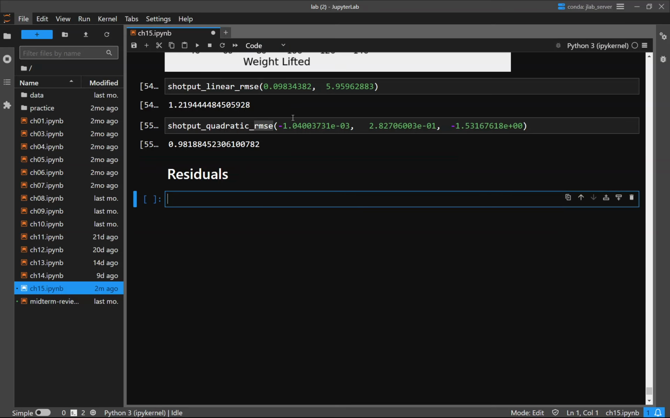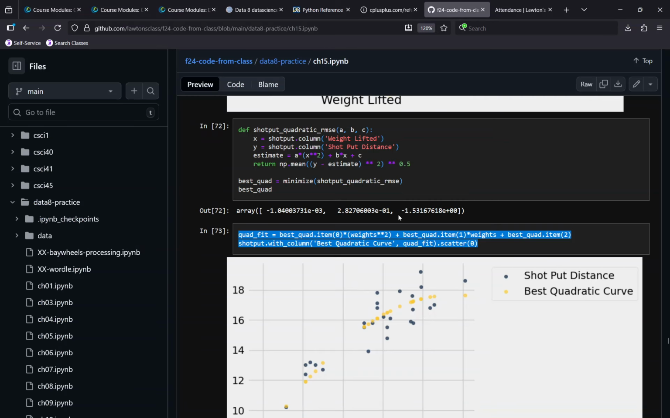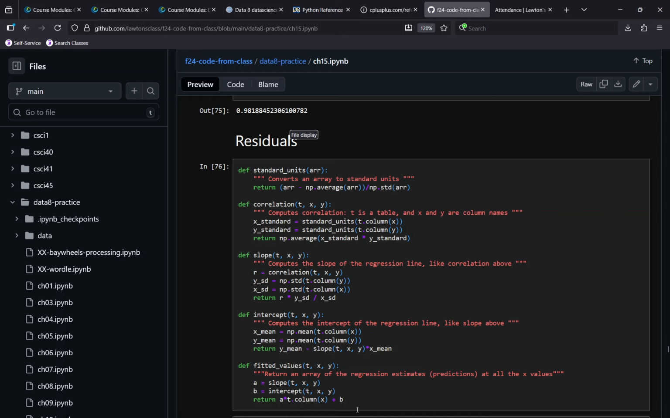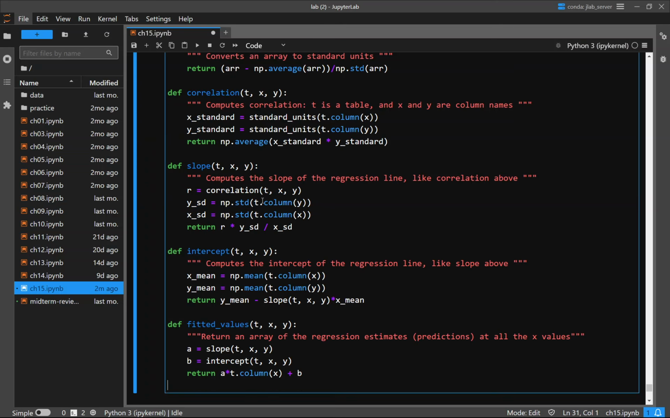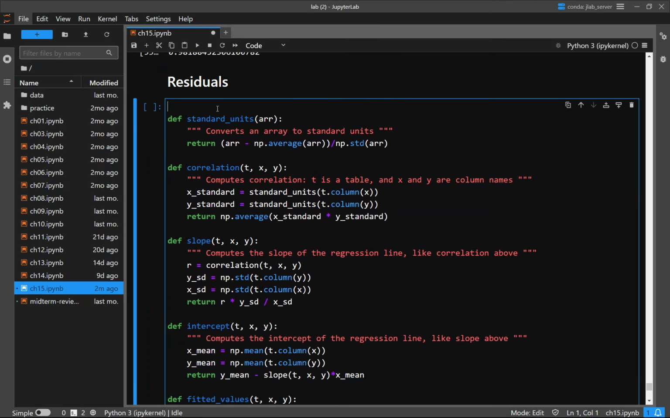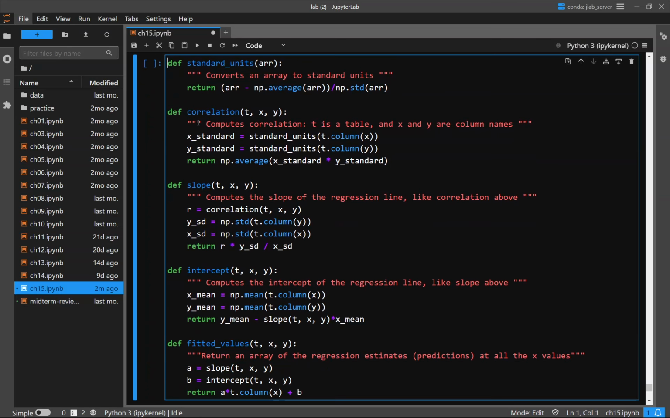So let's see. I do want to copy and paste some more things in just really quick. This is useful. Here are all the functions we've ever used so far in this lecture, in this set of slides, with docstrings and everything taken from the book. So we can convert things to standard units, we can find the correlation of things, we can get the slope